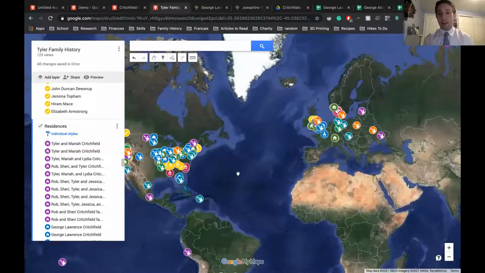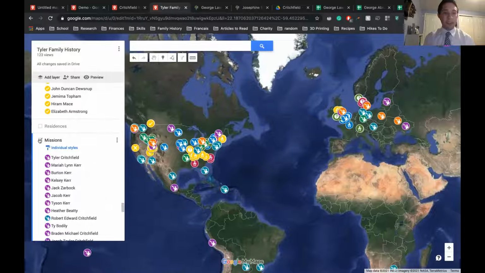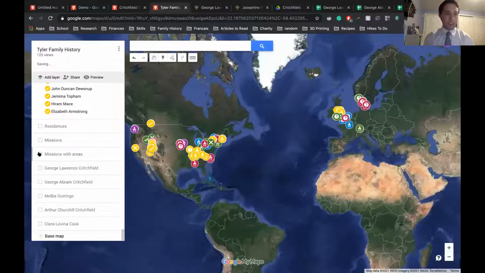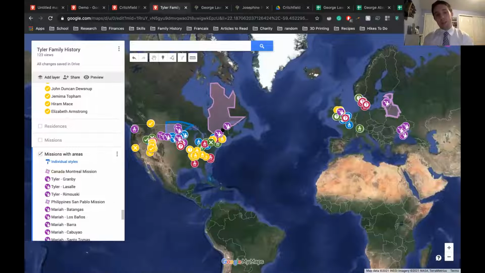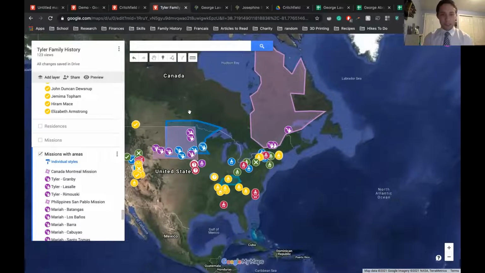On here, I've also plotted all the missions of all my cousins and stuff. So I can see, oh, this person served close to this other person maybe, and where all of our family were born or whatnot. One other cool thing I found was with the area function, I actually plot the mission boundaries of where people had served. And that was kind of cool because I learned,